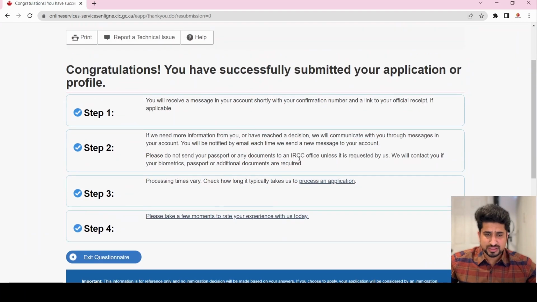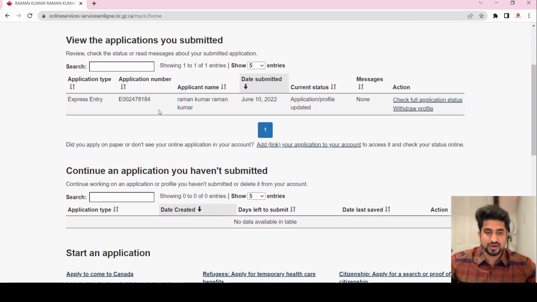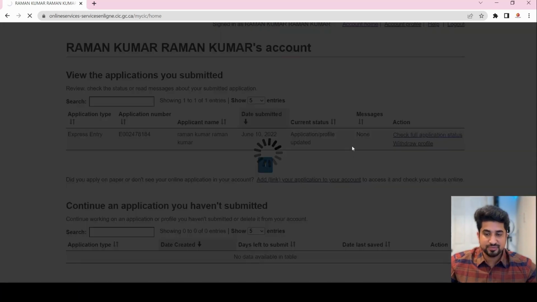So you have to read all this information here and exit the questionnaire. And when you exit the questionnaire, you can see the application you submitted. Here all the information that you have given to Express Entry Canada will be here. If there is any update or any invitation received, or any invitation from the province, that is called provincial nomination programs, you will see it here. You will see application profile updated, so check full application status. So by clicking this,